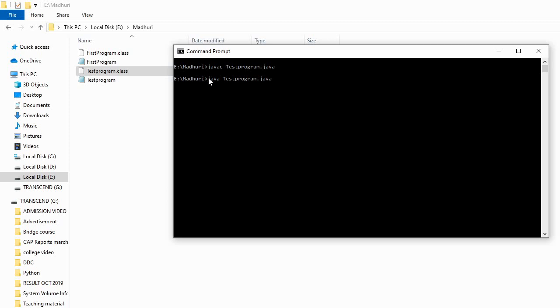As the Java interpreter uses the class file, there is no need to add the .class extension to the file name. You just write java and then the file name. Once this is done, press enter, and yes, this is the output of your code.